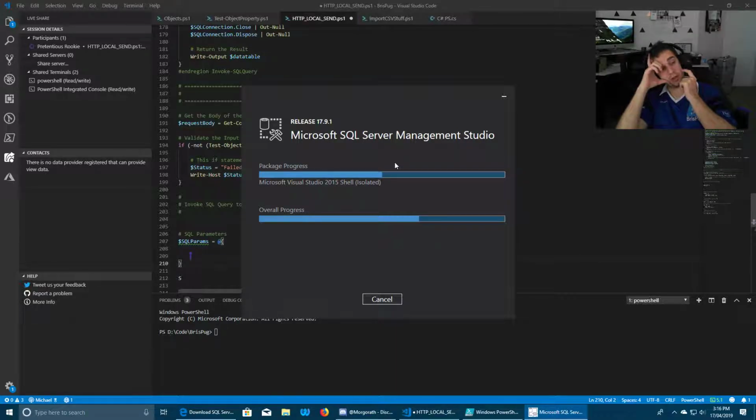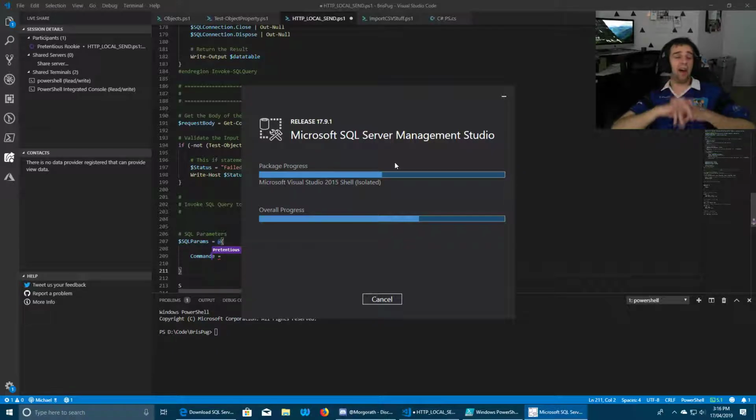So the goal here is basically we're going to aim to have a basic script built that allows us to add items into the SQL database, and that will basically be this part of the function somewhat done, and then we can work on the other bits and pieces. So it's a good start.